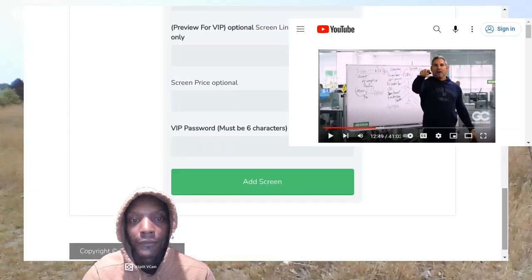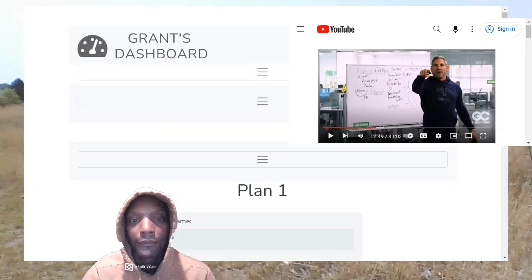So you can add a password if you choose. You can land on the page, but you can't access the data that you are saving right now without a password. And then the no code is for our dynamic drag and drop editor. So we just hit add screen and it's in there.